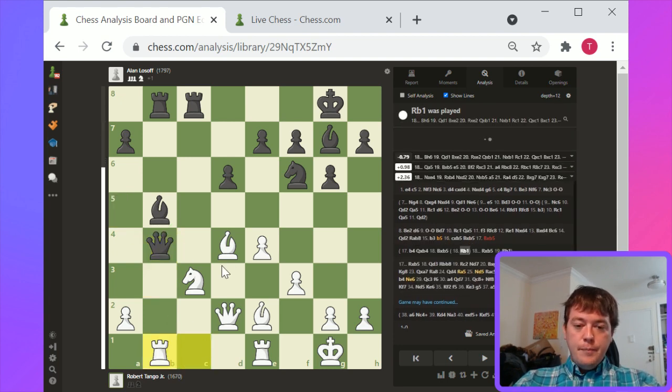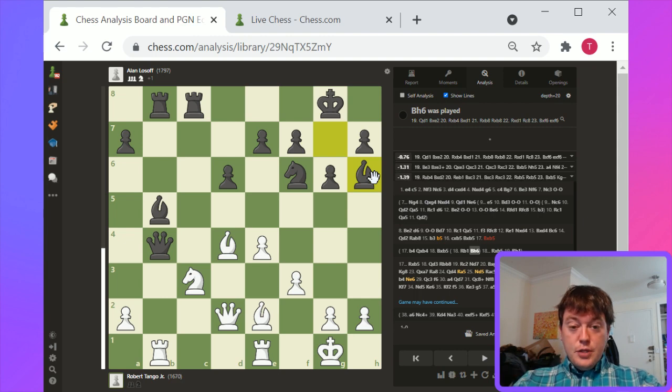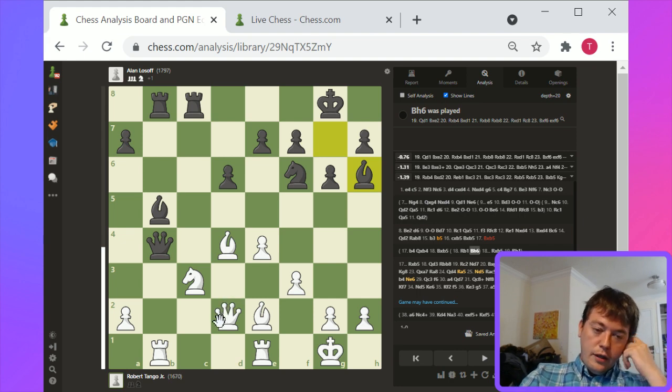So yeah, rook to b1, and then I think bishop to h6 causes some problems. So now this is sort of tricky, right? Bishop's on h6, and now what does white do? Thank you guys for clarifying. So bishop to h6, and then what does white do? Queen to d1 probably, or